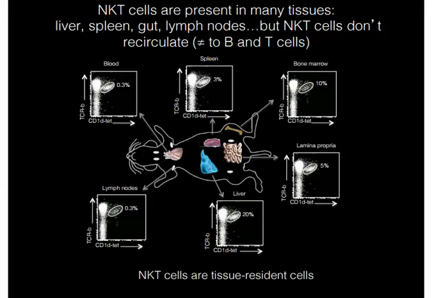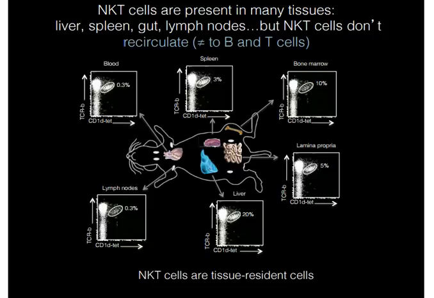So NKT cells don't recirculate like B cells and T cells. They are tissue resident cells. So they develop in the thymus, then they'll go to the liver and they'll stay there. They'll go to the gut and they'll stay there. It's not known how they decide where to go, but it is known that when they get there, they stay